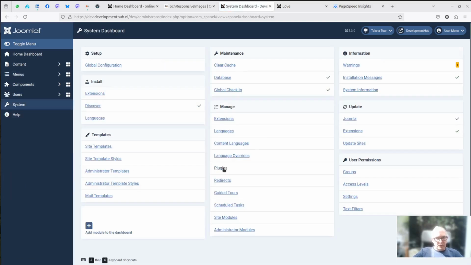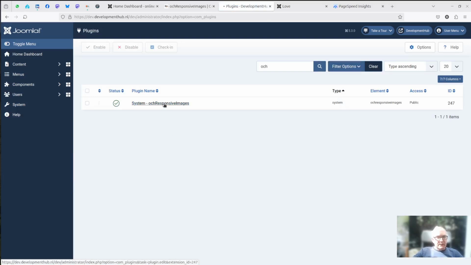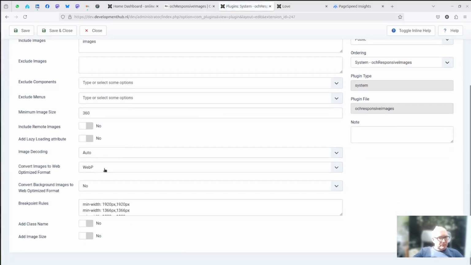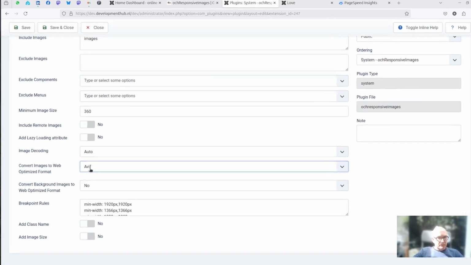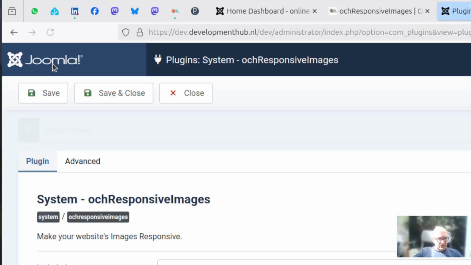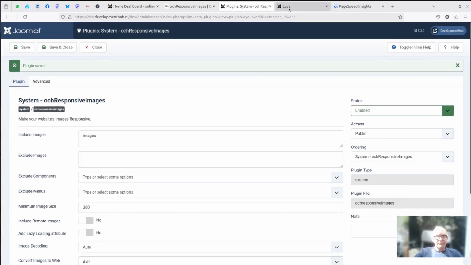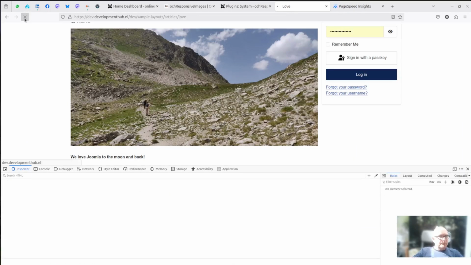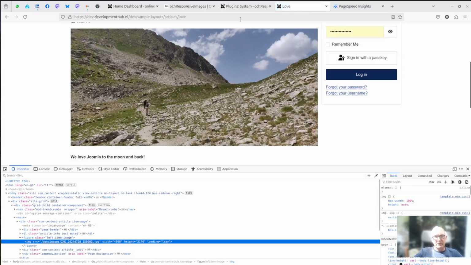Okay, let's do this one more time. We now have WebP, but I really would like to try AVIF. So I've selected here AVIF, save, refresh the page. This will take a little bit longer because AVIF is a highly compressed image format, which will take a lot of CPU time.